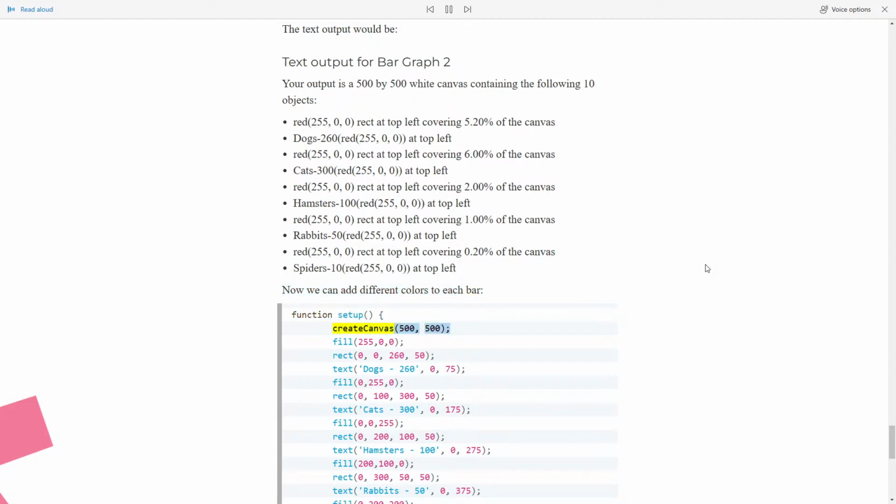function setup, createCanvas(500, 500), fill(255, 0, 0), rect(0, 0, 260, 50), text("dogs", 260, 0, 75), fill(0, 255, 0), rect(0, 100, 350), text("cats", 300, 0, 175), fill(0, 0, 255), rect(0,